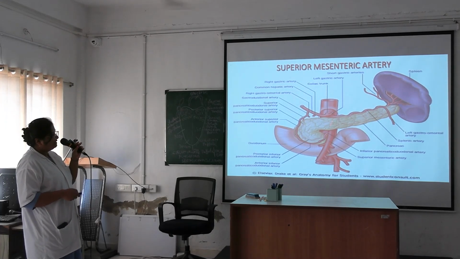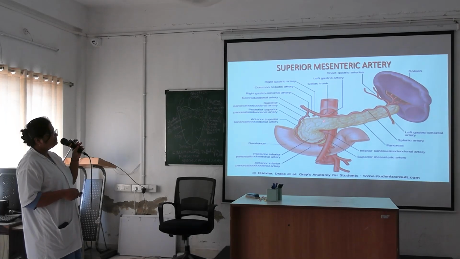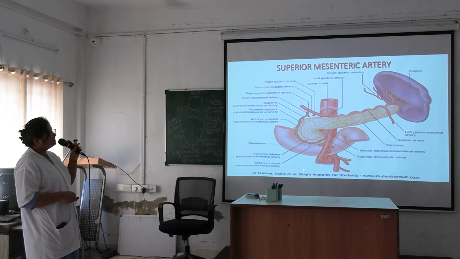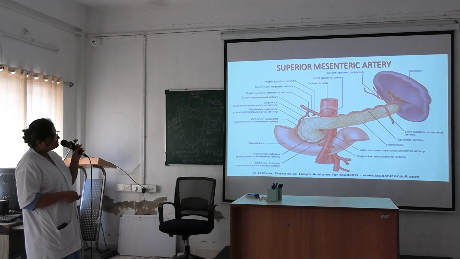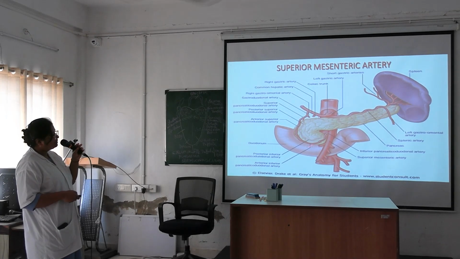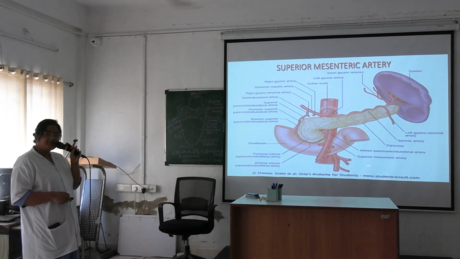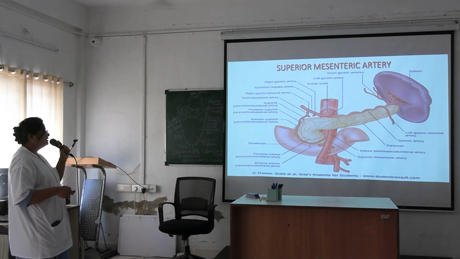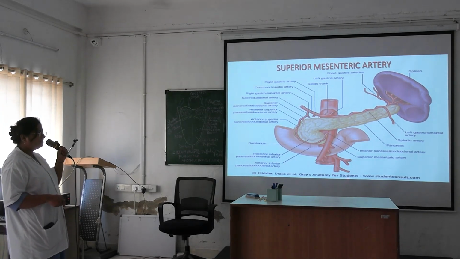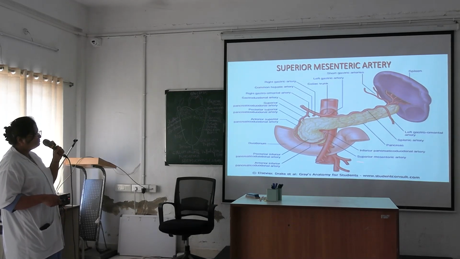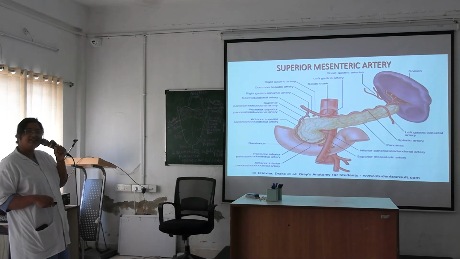Now this artery lying under cover of the body of pancreas at the level of L1, just 1 centimeter below this celiac trunk, originates this superior mesenteric artery. Okay. From the convex side, these are the jejunal and ileal branches, and from the concave side, this is inferior pancreatico-duodenal, and there will be the colic branches. Okay, understood? And below the third part of the duodenum at the level of L3, this one is the inferior mesenteric artery arising. From here, left colic artery and the sigmoid branches, and continuation is the superior rectal. Okay.